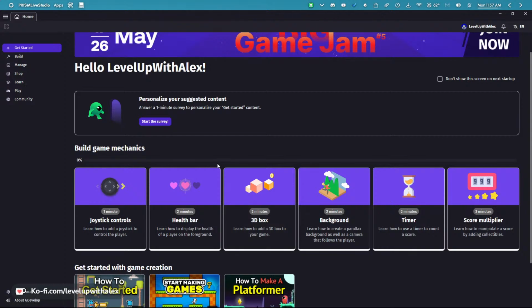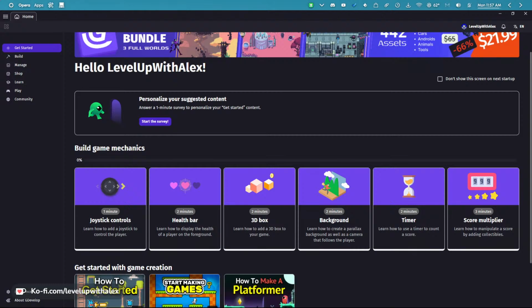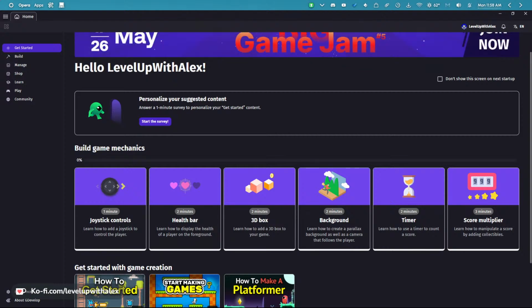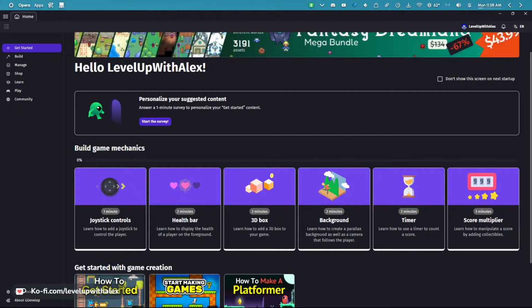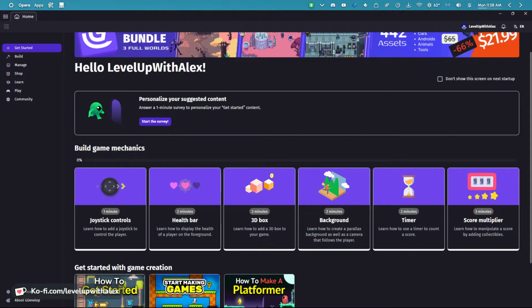Okay, so before we get started in the crash course of GDevelop to get you the skills necessary, I want to explain to you why I'm choosing GDevelop. GDevelop rocks for game jams, and you might be wondering why. Well, compared to complex coding structures or game making languages, just coding languages in general, they're immensely complicated, and there's a lot of things that you might feel like you need to know, or you do actually need to know them